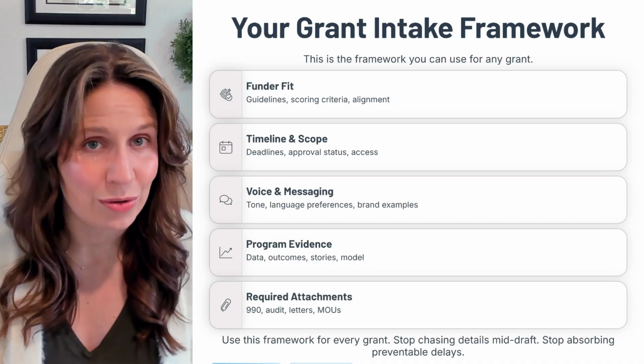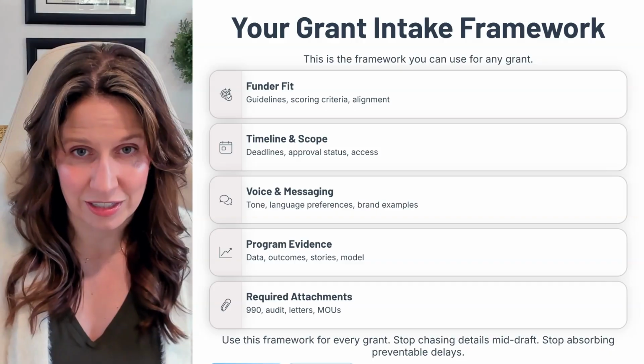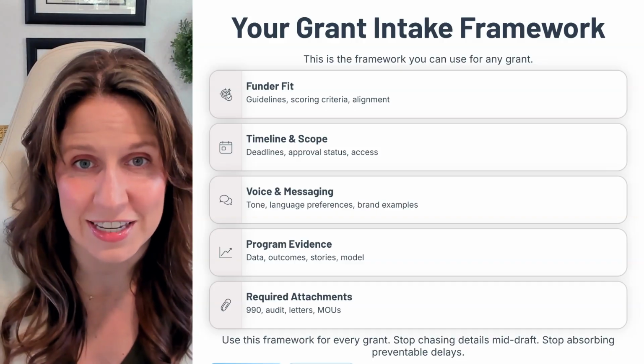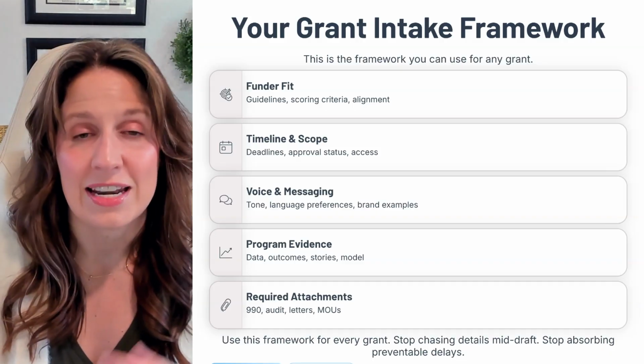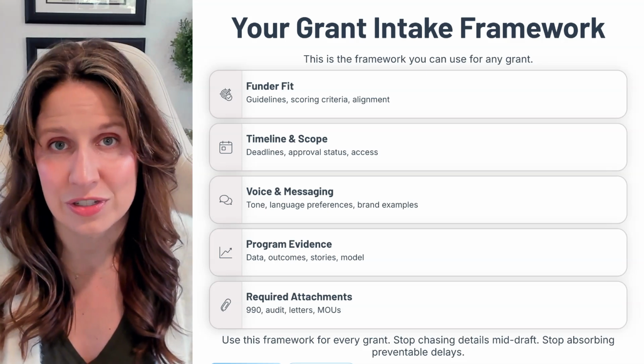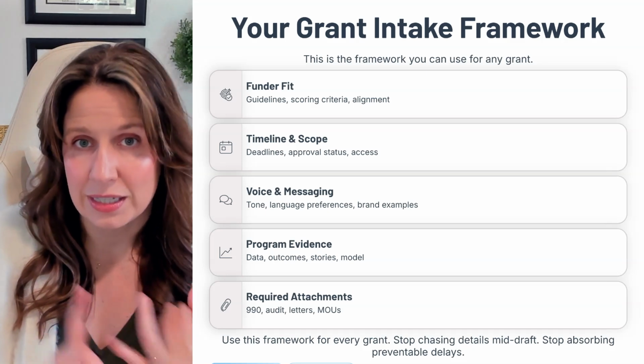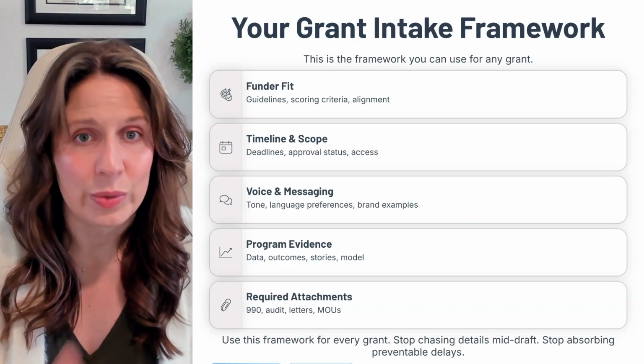Rule number three, there is one source of truth, one place in your system where the current versions live, one place where questions get answered. Because if your inputs are scattered across emails, texts, and drives, you will inevitably write from the wrong version of something. Now that we have the ground rules, the framework, here is the checklist itself. I organize the intake checklist into categories. And as I go through each one, I want you to ask yourself three questions. What am I collecting? What does this prevent? And what do we do if it's missing?